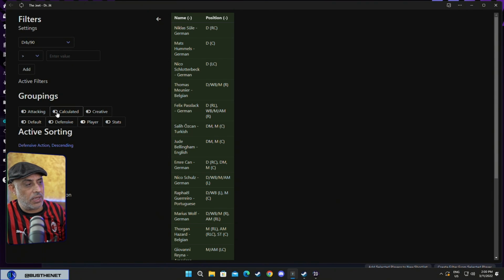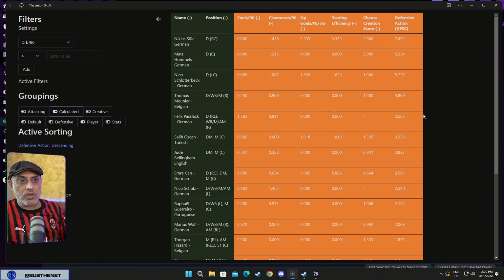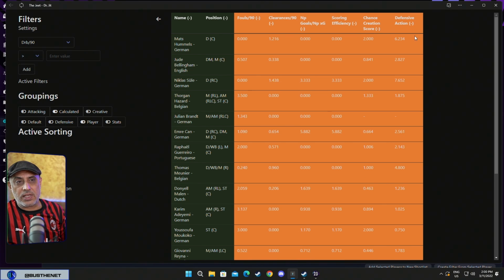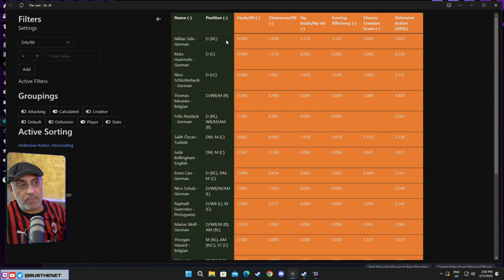I want to look at the player and the calculated scores. So if I'm looking at this, we'll have things like descending and ascending. Now I want to look at and see who are my best defenders. If I do this, you'll tell me my best defender is Nicolas Soulé, but look at this, chance created is